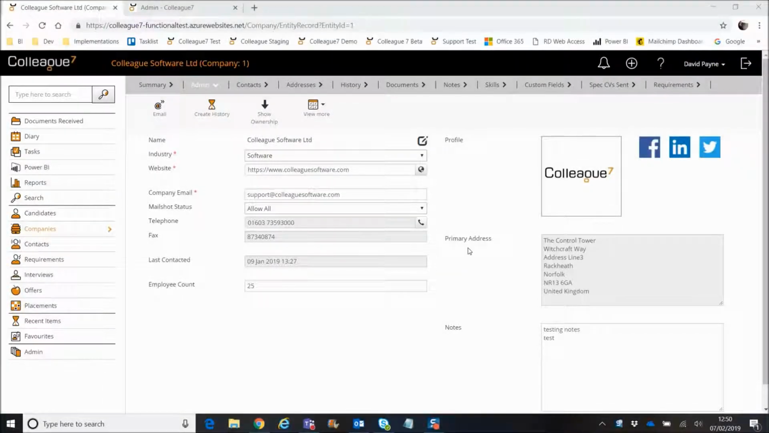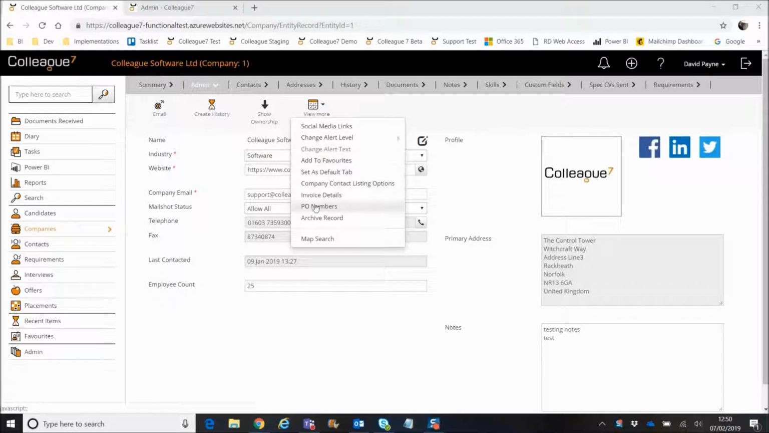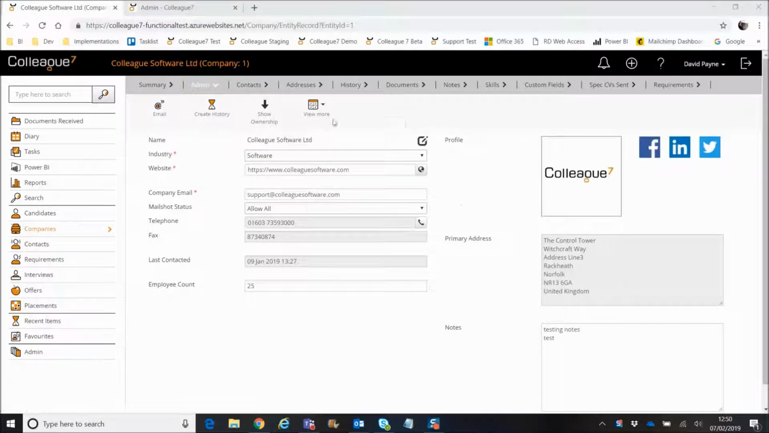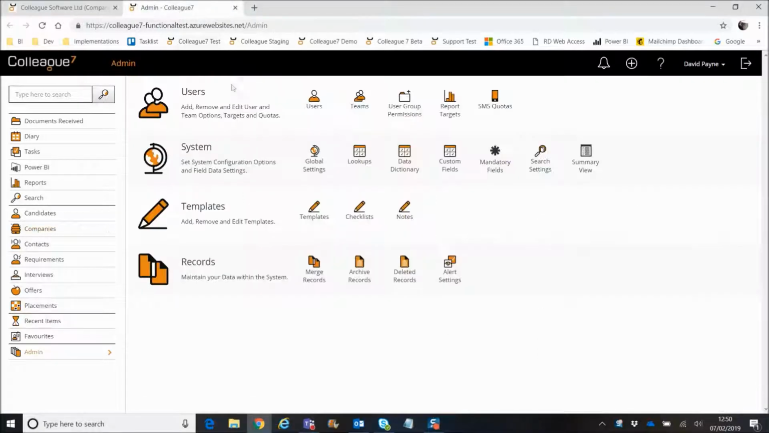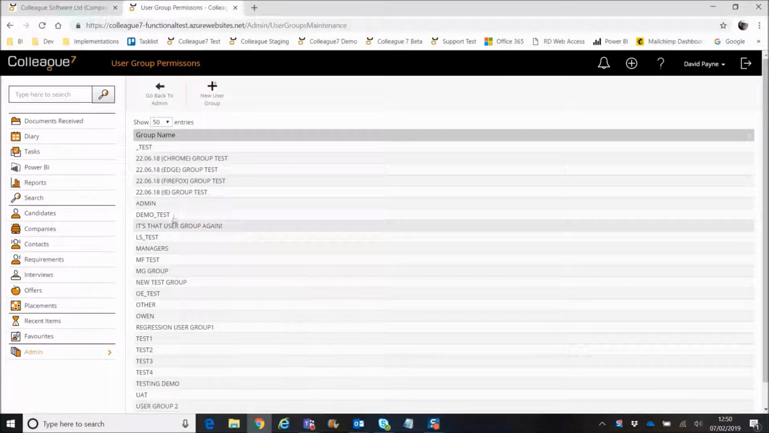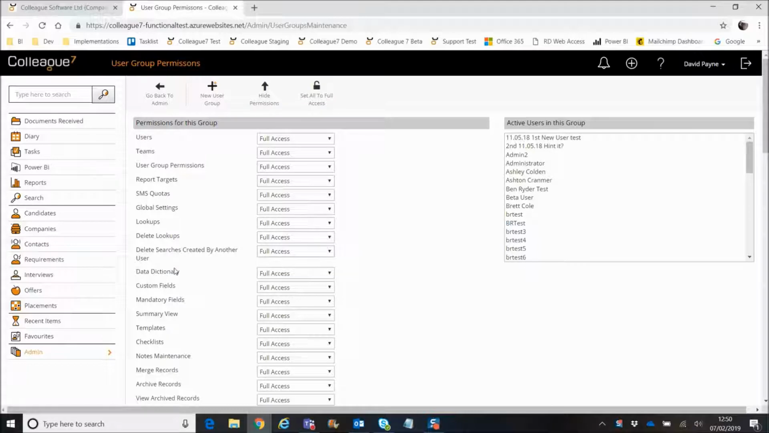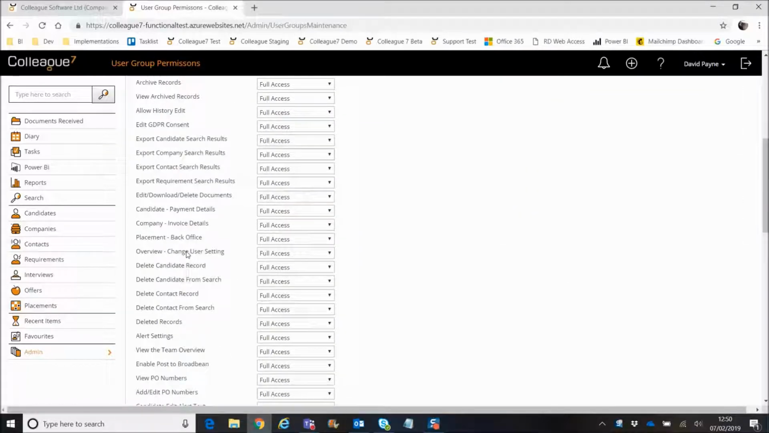Staying with the company record, the next point to cover, and it was really the main development item of the sprint, is the introduction of PO numbers. From within a company record, PO numbers are accessed off the View More tab. You've got PO numbers there now as an option to select. That option being present on this submenu is dictated by a user group permission. So if we go to admin and go to user group permissions, just to show that option in there, scroll down to it here,